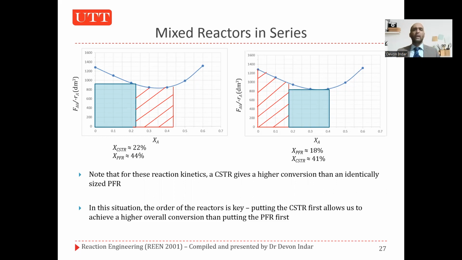When we put the plug flow reactor second, you'll see that overall our final conversion ends up being about 44%. Whereas if we put the CSTR second, we only get up to 41% conversion. The plug flow reactor conversions are a little bit more tricky, and you have to be careful when you're doing these, because if your CSTR ends up at 22%,